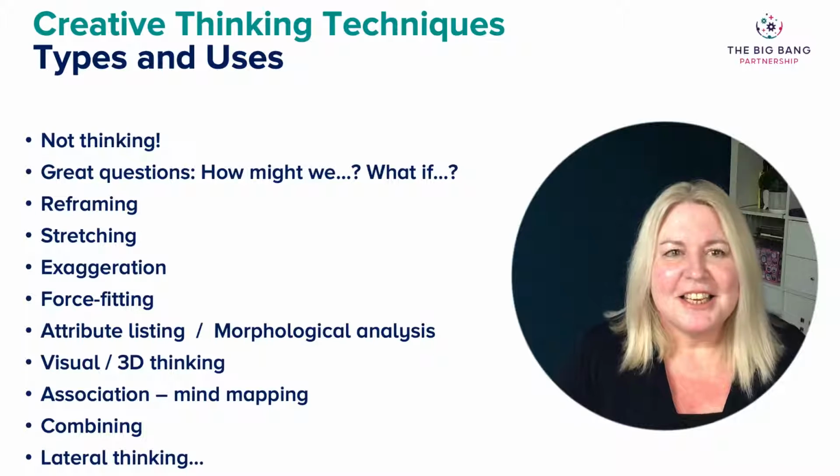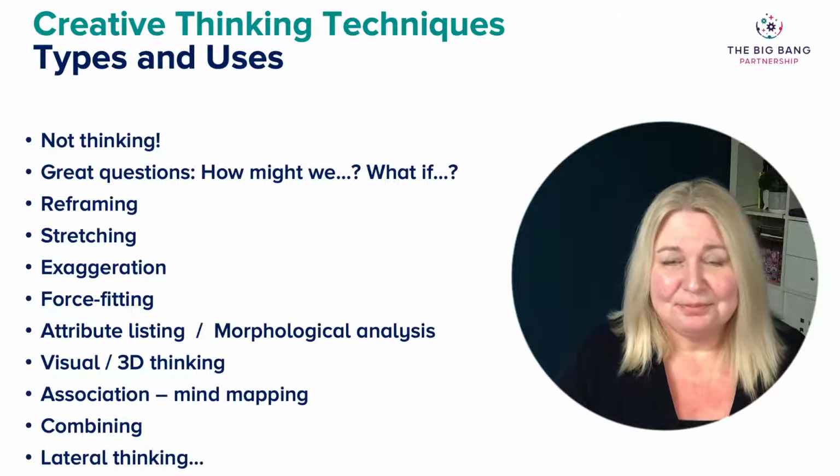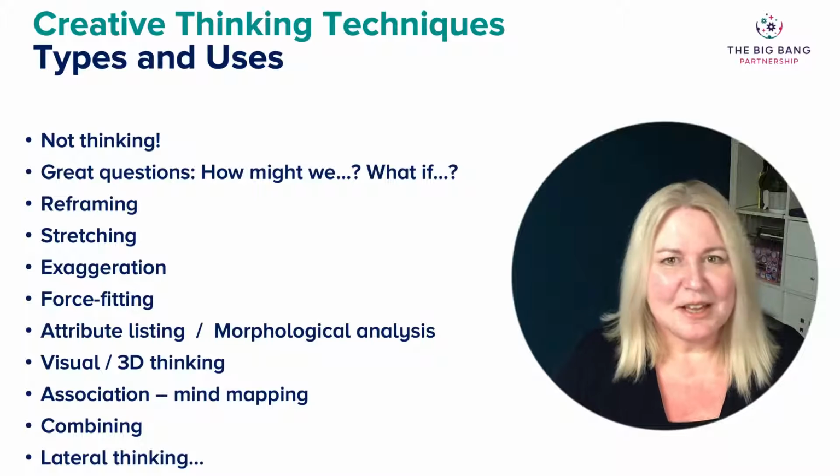Firstly, there is the technique of not thinking at all. And I know that sounds very odd and very unusual for me to say a creative thinking technique is just not to think about it. But there's lots of research, and if you think about your personal experience as well, that shows that actually if